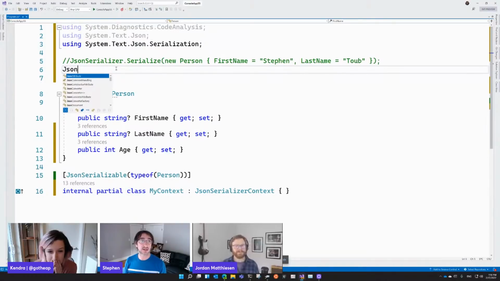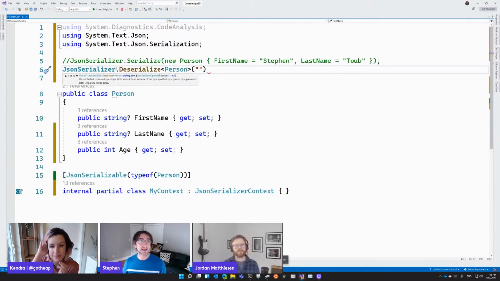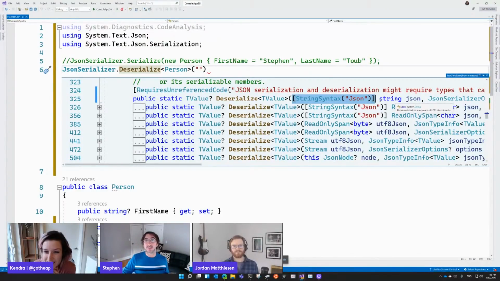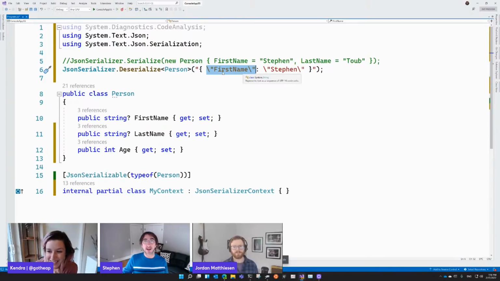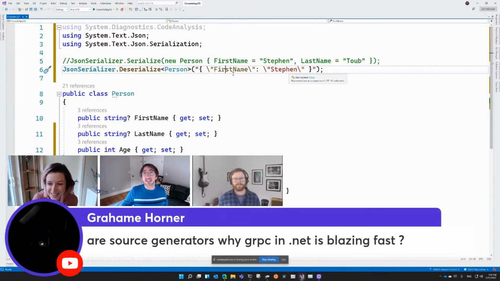So you can see here, if I do JSON serializer dot deserialize, let's say I want to deserialize a person. If I look at the definition of this method, you can see this property is tagged as string syntax JSON. So we're basically telling the IDE that this is JSON, and so it can do with that what it wants. If I were to start typing first name equal Stephen or something like that, we can see I'm getting interesting syntax colorization where my property name is showing up in one color and my property value is showing up in another color, because it knows that this is JSON, and so it can parse it and colorize it as